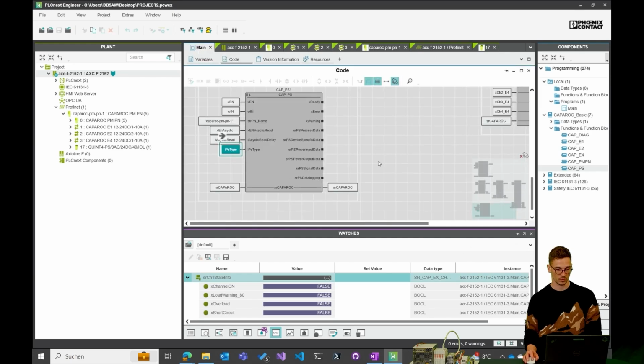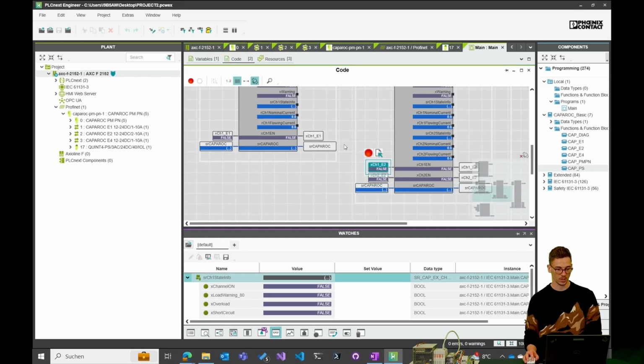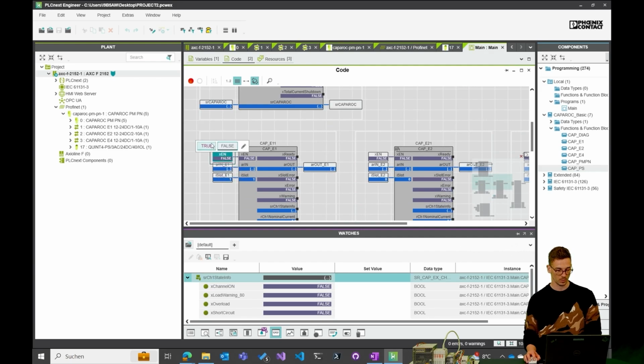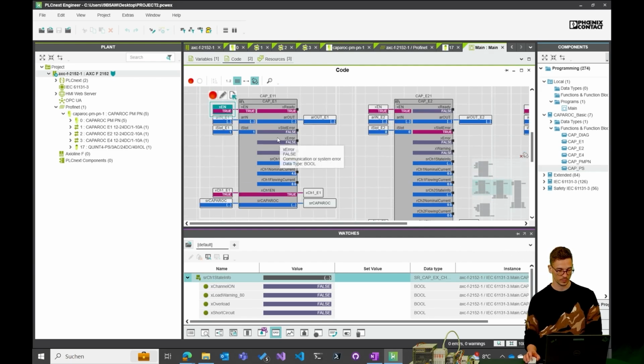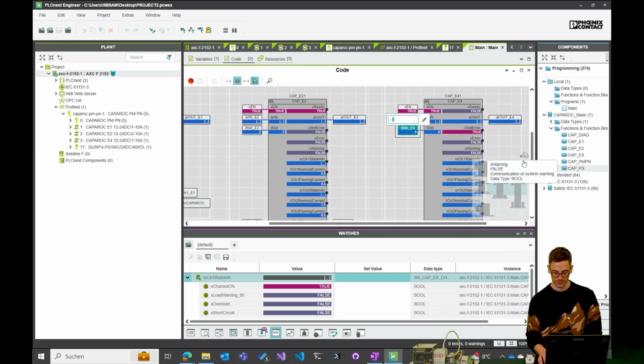So let's go into our live online view. Enable the function blocks. Here we have a slot array again. It's put in the right slots.